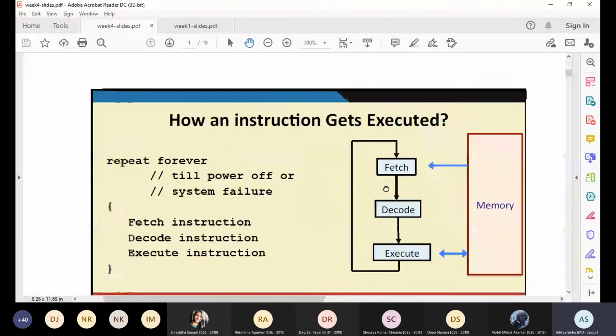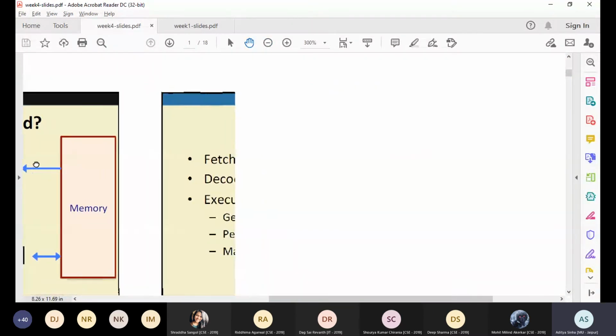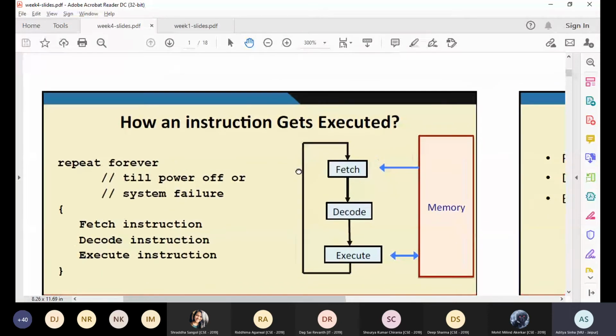Okay, from here, the basic instruction cycle is called the fetch-execute cycle. In this we have three main phases: the fetch phase, the decode phase, and the execute phase. So in the example which we discussed yesterday and right now also, add R1 R2, can anybody tell me which one is the fetch phase, which one is the decode phase, and which one is the execute phase? Which one is the fetch phase?